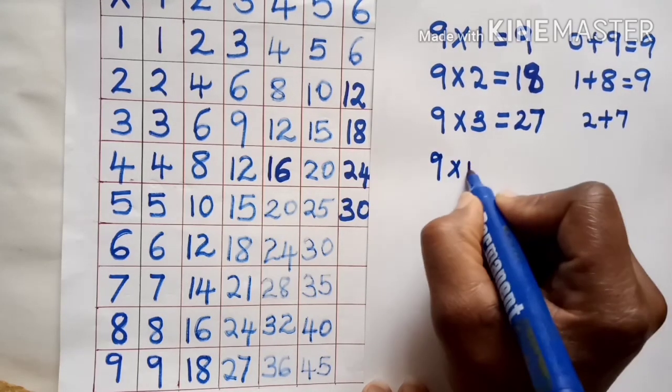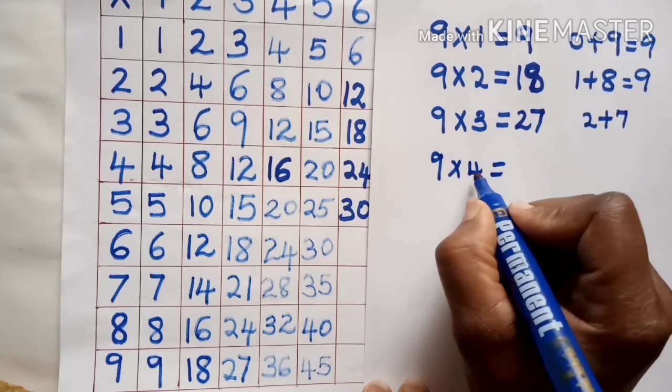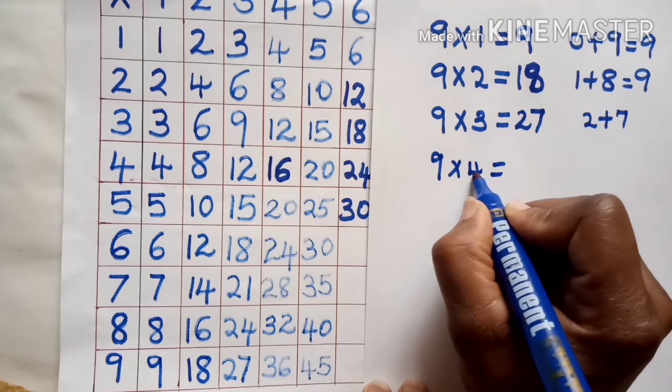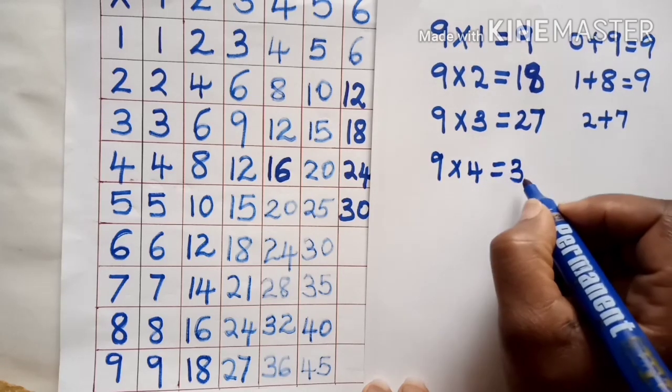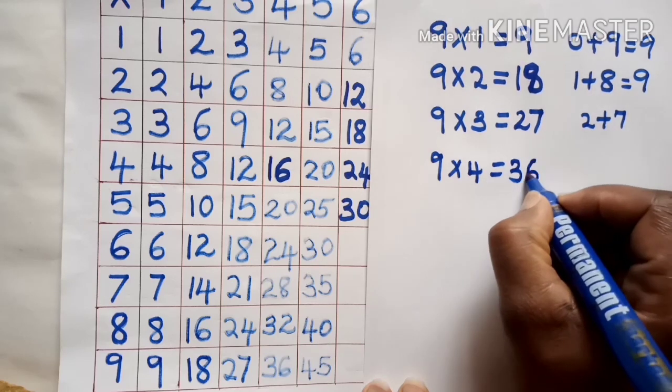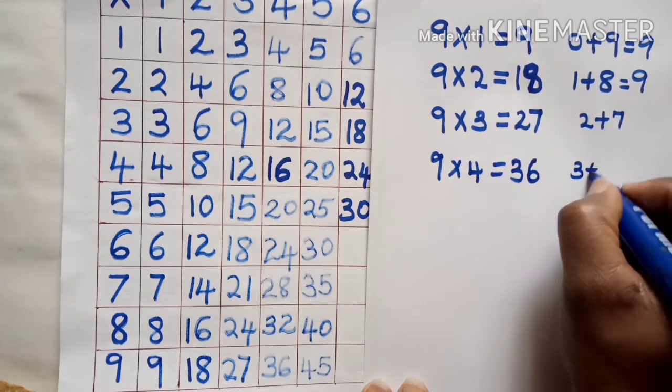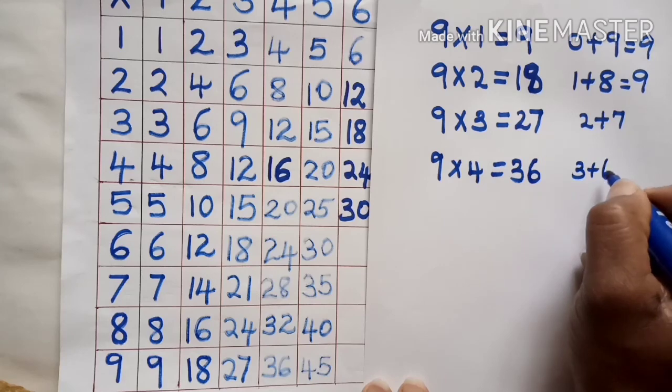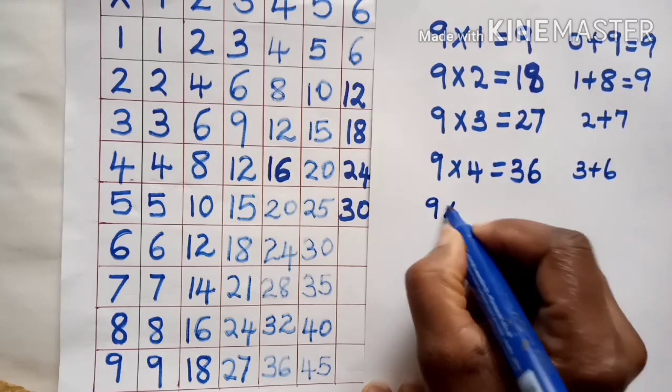9 times 4. The number before 4 is 3. 3 plus 6 will give us 9. Then we go to 9 times